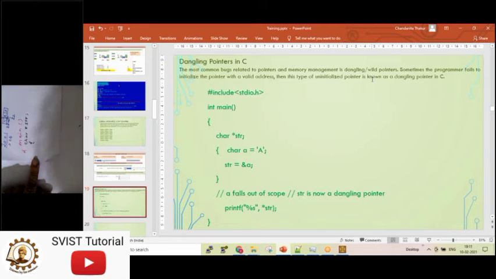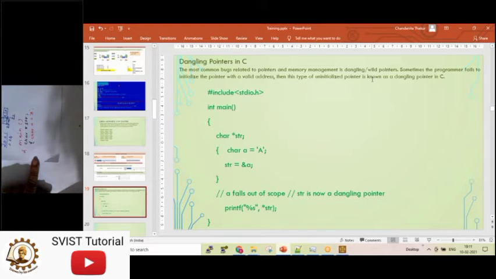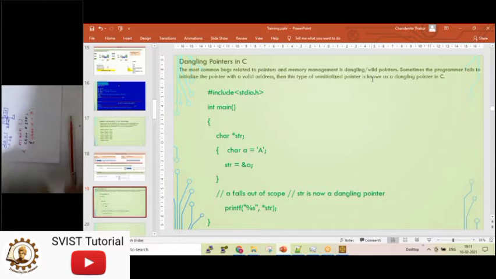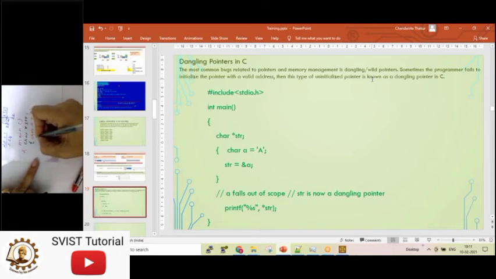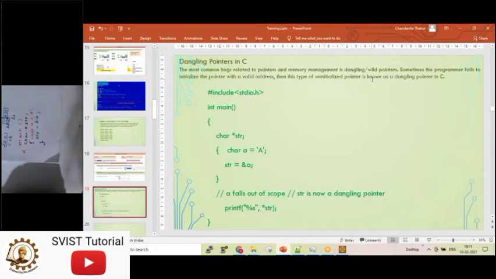Inside this bracket I have written char a, and assigned a value to a, that is capital A. Now we have assigned str equals to ampersand a, and we have closed the bracket.